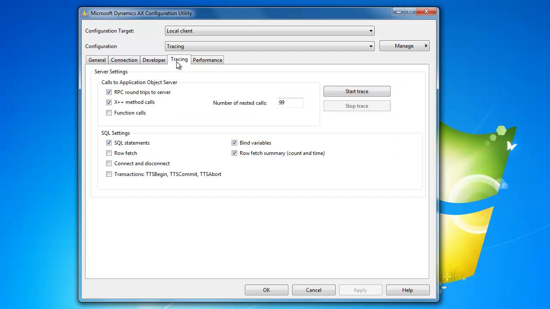And now go over to the tracing tab on the client configuration utility, and these are the two buttons that we'll need. It's the start trace and stop trace. I don't suggest starting the trace until you're ready to perform your scenario. That is very critical. We want to collect as little information as possible and keep that tightly coupled around the